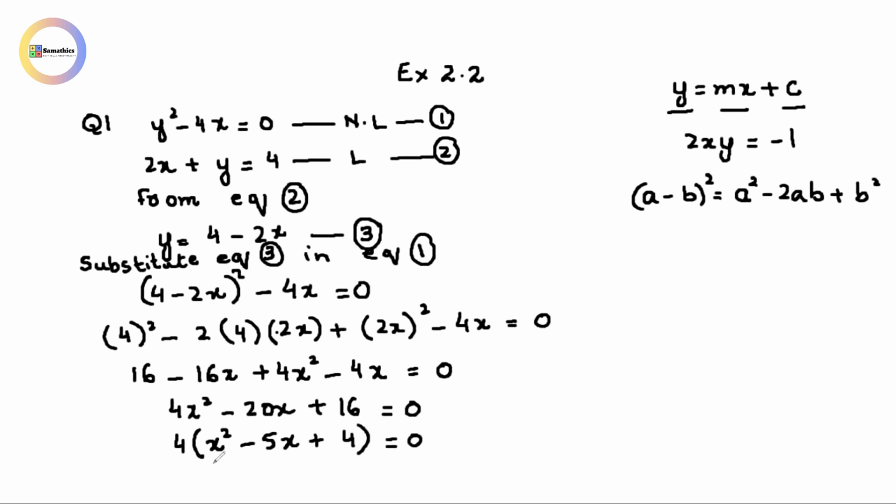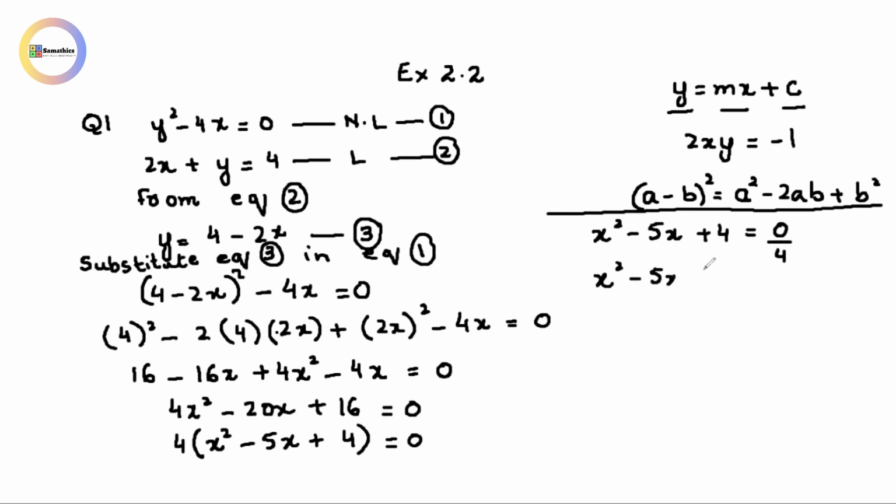So when you take this 4 to the other side, this will become 0 divided by 4, and 0 divided by 4 is 0. Now this is a quadratic equation. Whenever you solve a linear and non-linear equation, you will get a quadratic equation, right? So